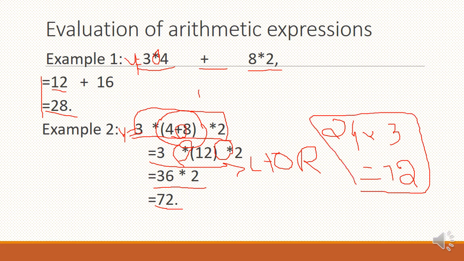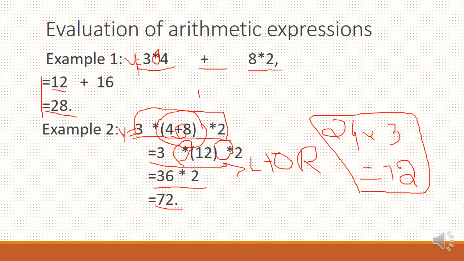But here you are getting the same answer. But if the numbers are different, what happens? It is not going to give the correct answer. Here also we get 72, because this is a very small expression. But you should follow the rules. Why we have to follow these rules: our compiler is going to follow this precedence and the associativity. After that only it is going to give the answers. Okay, we have to follow the rules.